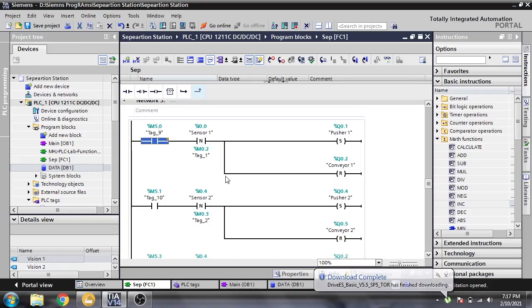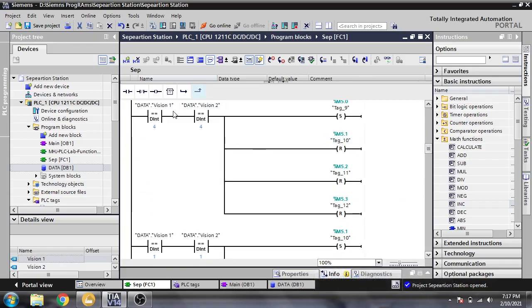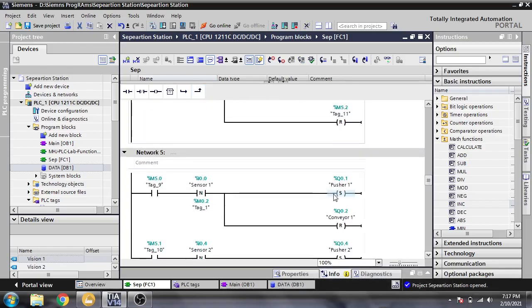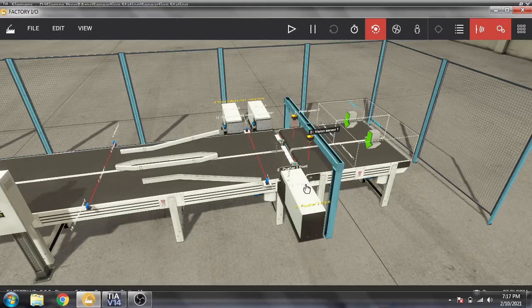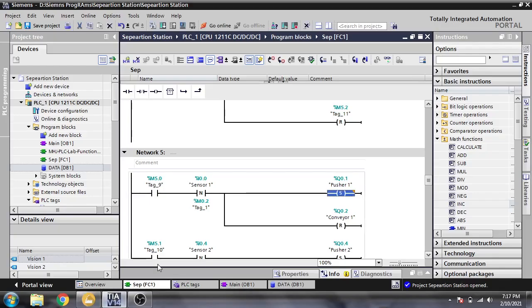So you will see what will be done. If M5.0 is on, which means both have a green, then the sensor senses and sets our pusher 1. It will set that and move it forward, and it will reset our conveyor 1.